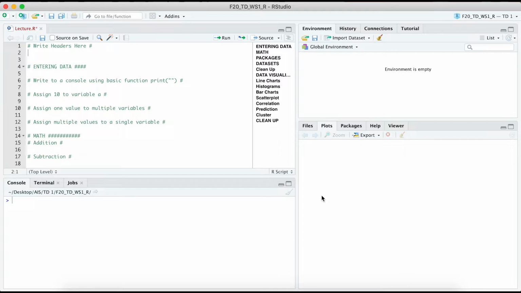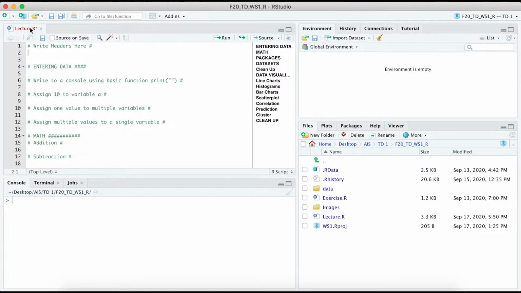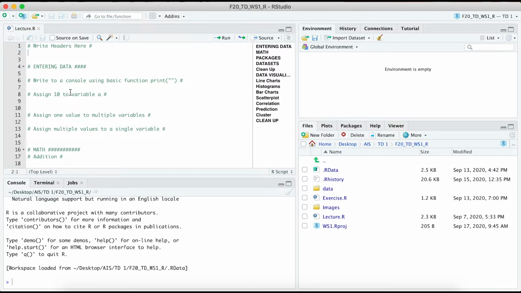So what is an R script? It's an R code file where you write code and then save it to run it later. Right now we have lecture.r open. Whatever is .r is an R script. If you do not have it open, go to Files and Lecture. So let's